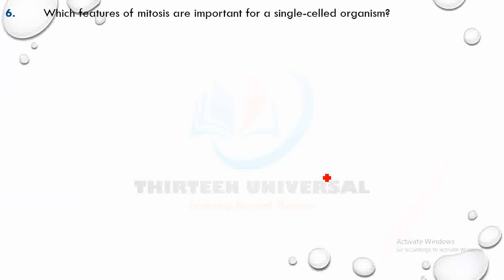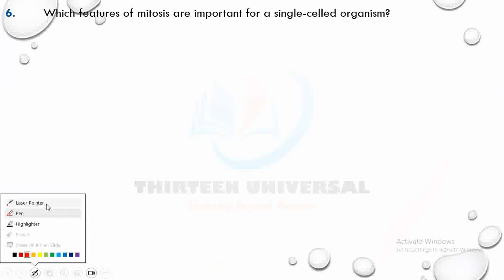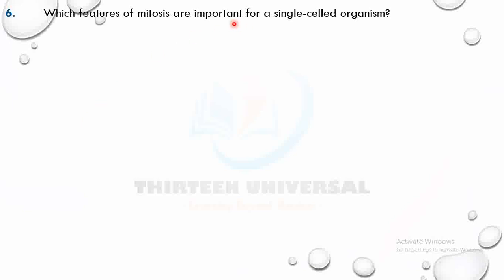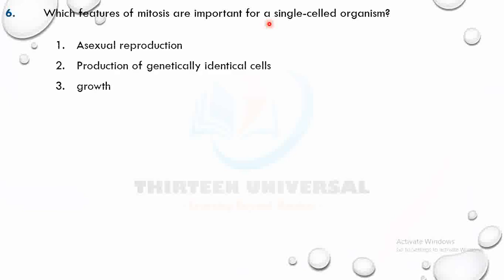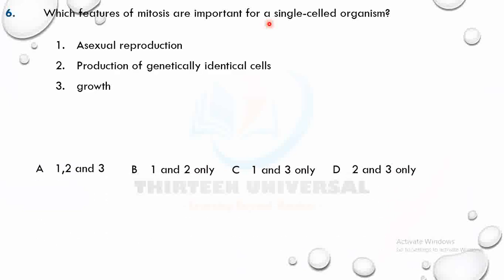Quickly, which features of mitosis are important for a single-celled organism? Single cell, one cell organism. Okay. Now, which one is correct? Asexual reproduction. Yes, mitosis is the basis for asexual reproduction. One parent divides by mitosis, correct? Now, production of genetically identical